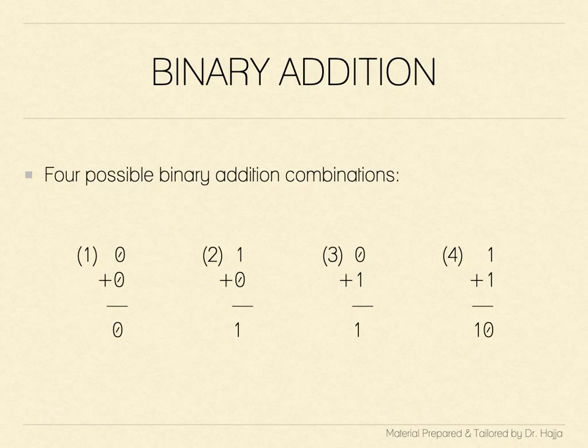The second combination, 1 plus 0 or 0 plus 1, gives us 1. In binary, as in decimal, adding 0 to any number doesn't change its value. The final combination, 1 plus 1, is where things get a bit more interesting. Instead of resulting in 2 as it would in decimal, in binary we write this as 1, 0. So when we add 1 plus 1, we get a two-digit binary number 1, 0, which represents 2 in our